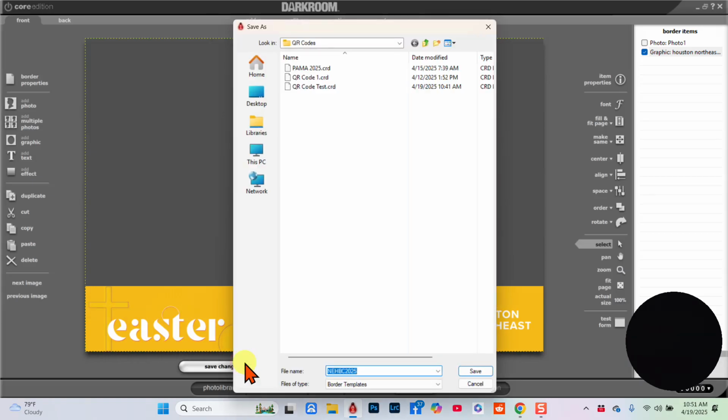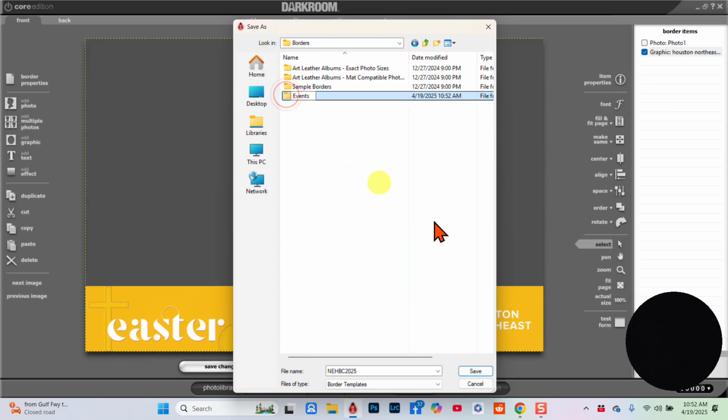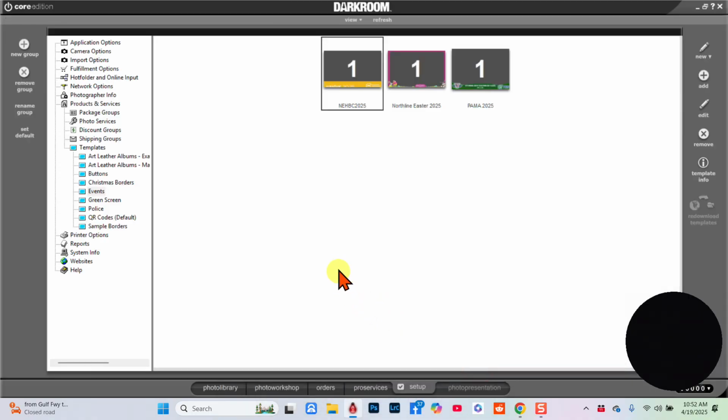So now if I hit save changes, I'm going to show you this. It's going to save it. I don't want to save it in QR codes. I want to save it in borders. And I can make a new one. I think I'll do that. Hit save. Okay. When you're using Express Digital, and mine have dongles that plug into a USB, if you go